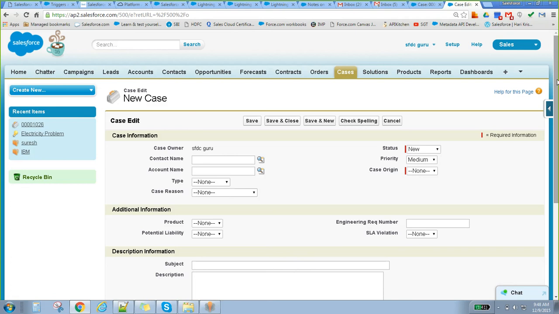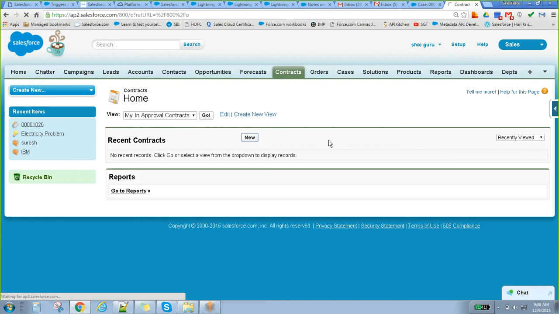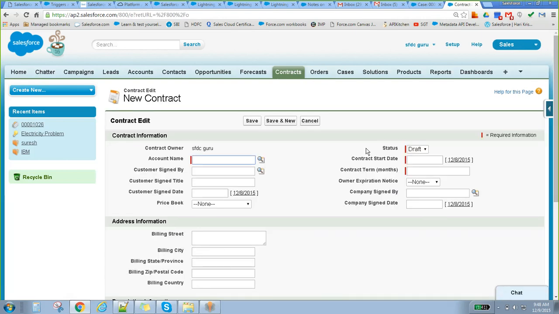Okay. So now there is something called contracts. What is a contract? Once you bought some particular items, once you bought a particular product from the company, basically we'll have a contract.